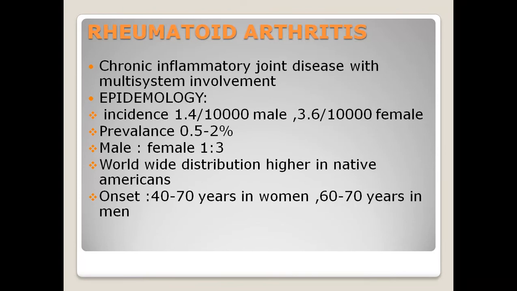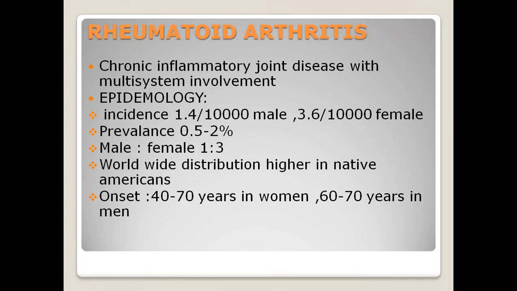So now we will speak about rheumatoid arthritis. This is a chronic inflammatory joint disease with multi-system involvement. It's not that only bones are involved, there is multi-system involvement, not only joints. As I was saying previously, the lungs can also be involved with fibrosis of the lungs in the chronic stages. The prevalence is 0.5 to 2%, and it's mostly predominant in females, except ankylosing spondylitis, gout, and spondyloarthropathies. Most of the autoimmune diseases involving joints are mostly predominant in females.